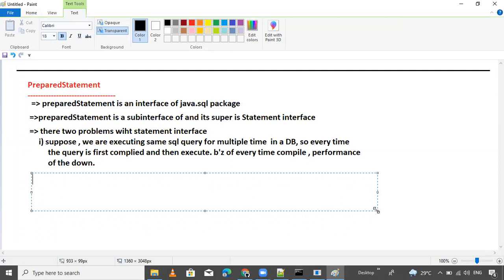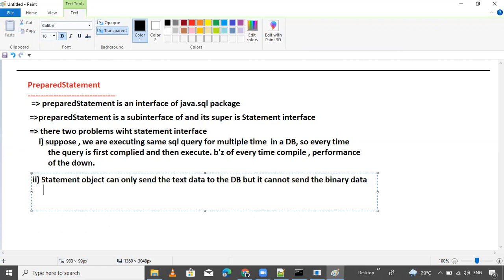The second problem is that the statement object can only send text data to the database, but it cannot send binary data like BLOB and CLOB, binary data in the sense of photos and videos.